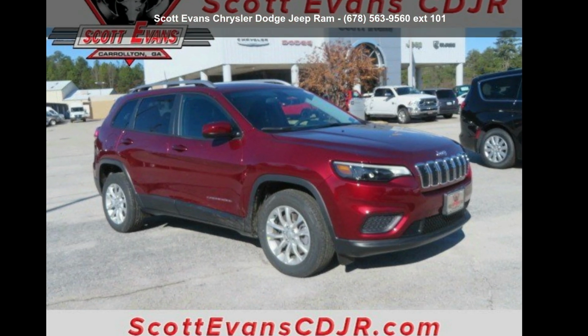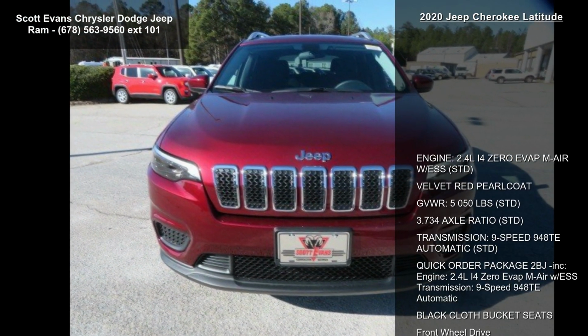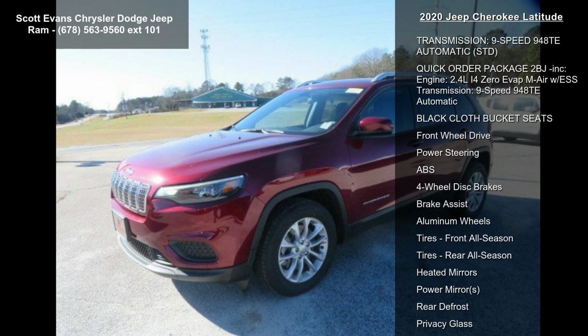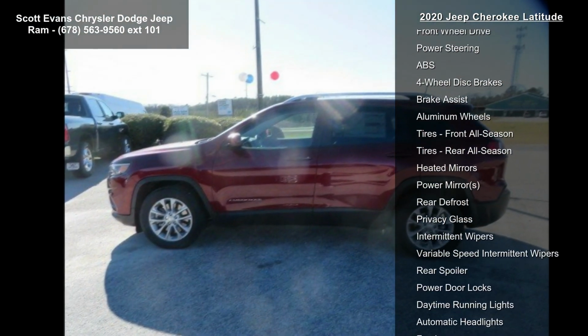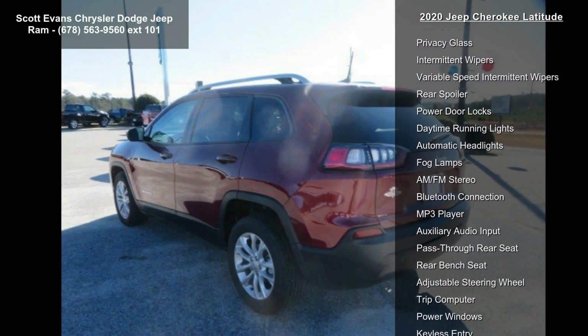Imagine yourself in this cheap 2020 Cherokee Latitude. This may be the set of wheels you've been looking for. This vehicle's top features include engine, 2.4 L I4 MultiAir with ESS, STD, Velvet Red Pearl Coat, gross vehicle